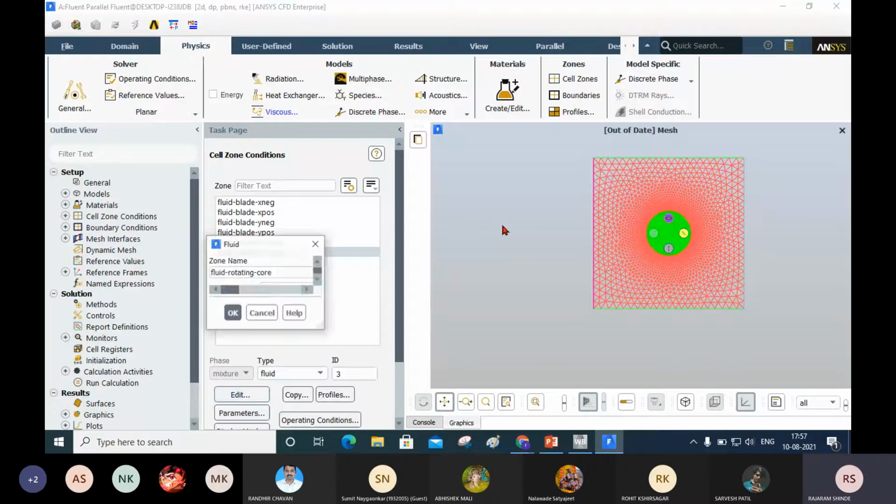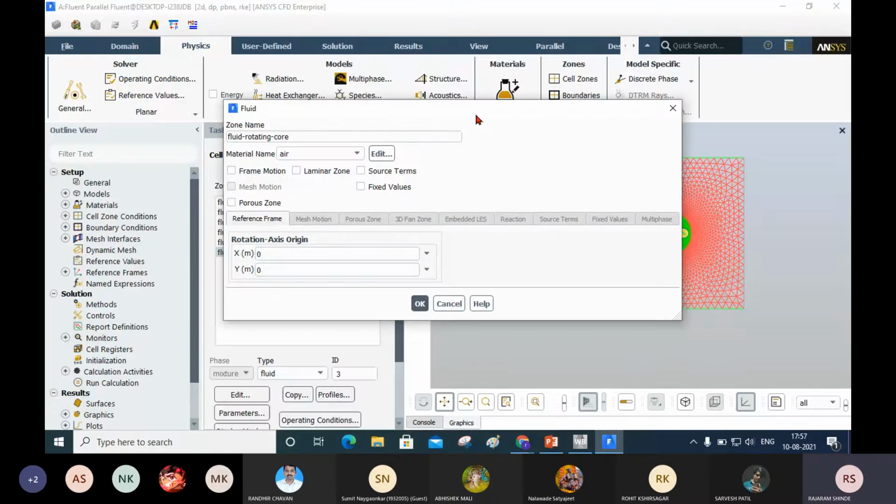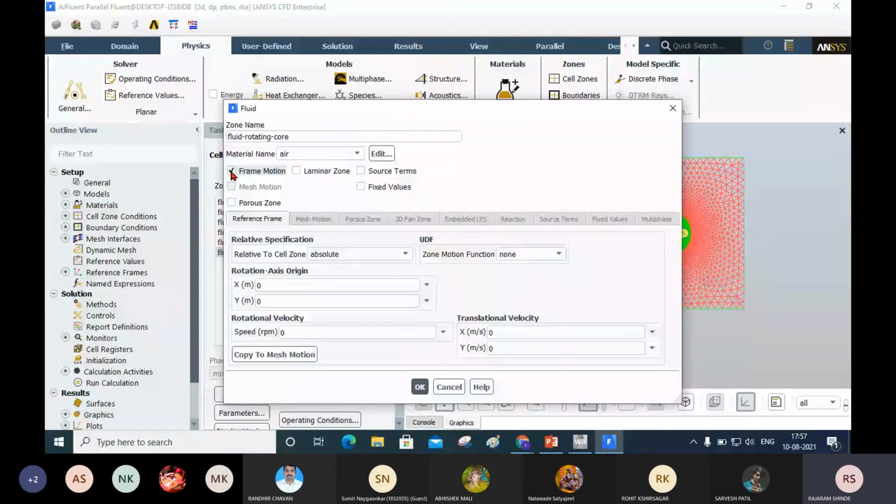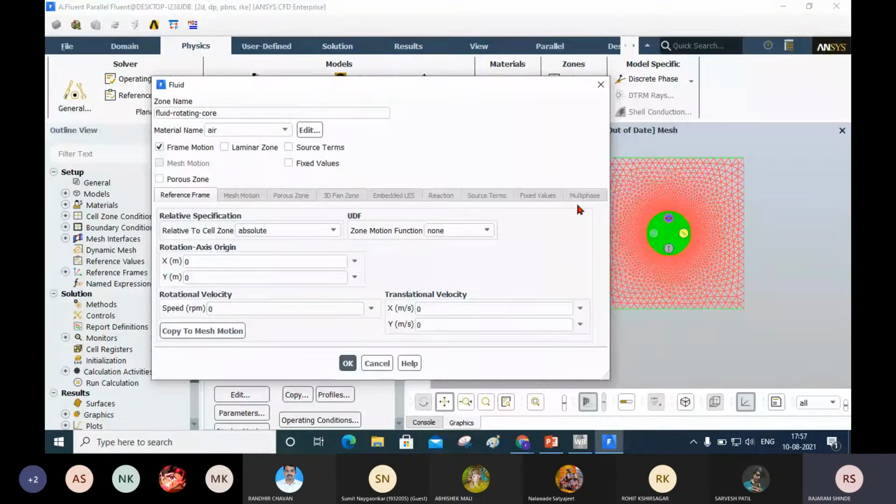In edit, the material is here, but it is rotating, so you have to select the frame motion. It is showing frame motion relative to the cell zone. Now this inner core is not rotating relative to anything, it is rotating about the axis only. The blades rotate relative to this core, but this core is rotating on its own, separately.